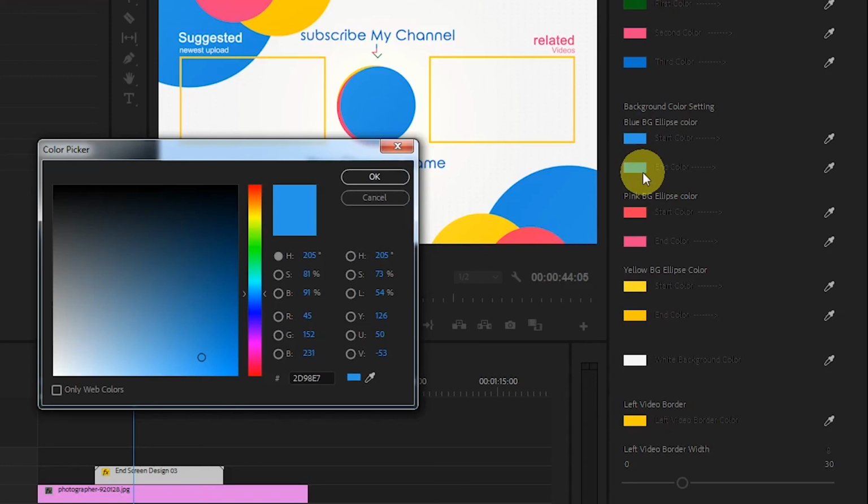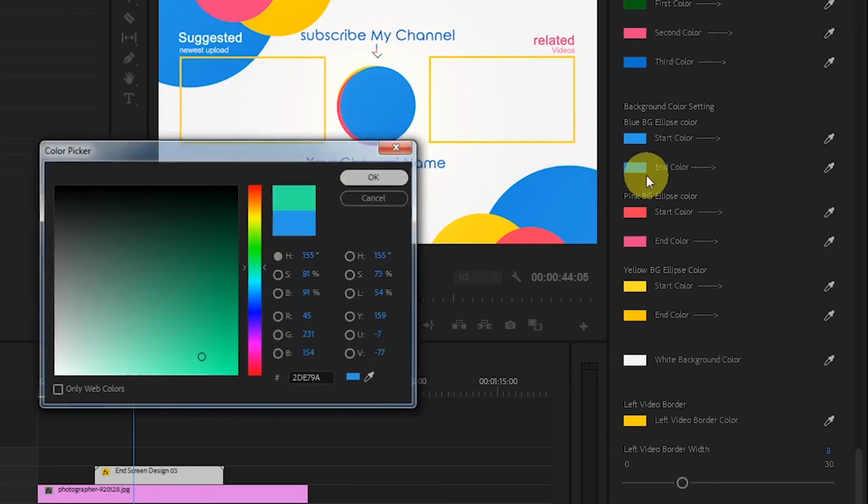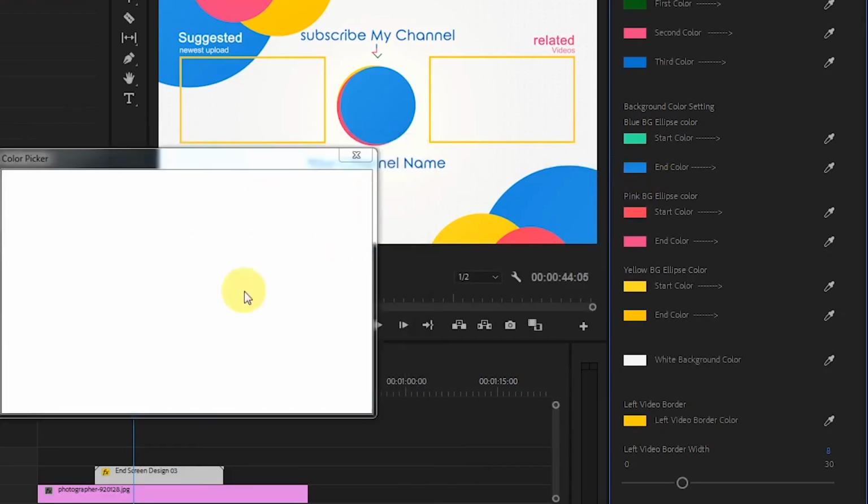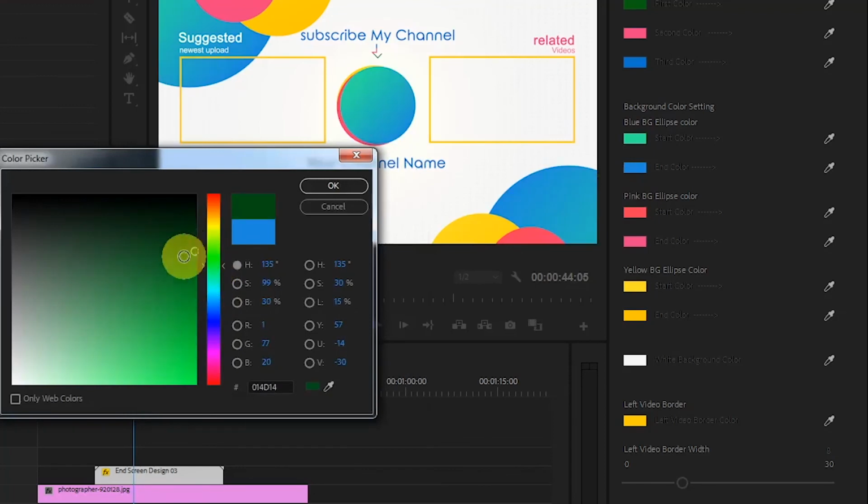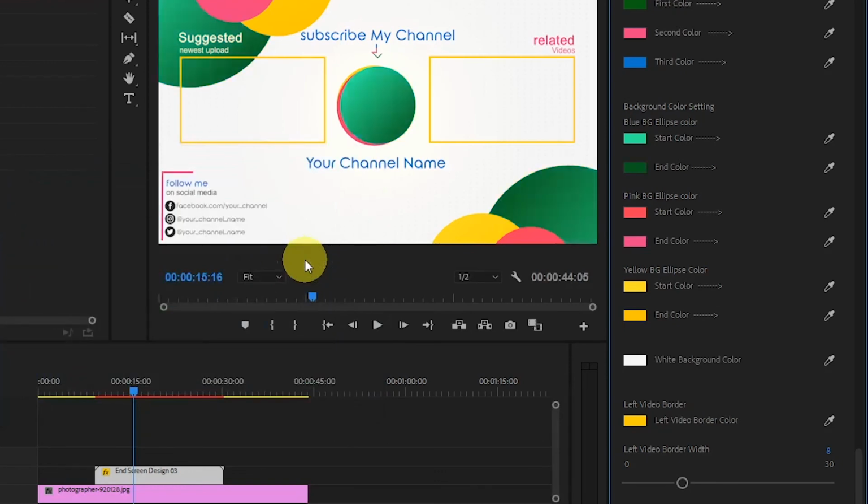So you have to choose 2 colors to use as a gradient. Like I choose green. Okay, and in second color I will choose a dark green. Now you can see that our blue color has been changed everywhere. Like this you can change the pink ellipse color and yellow ellipse color.